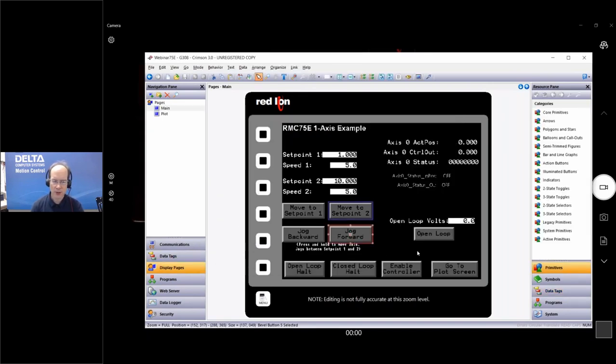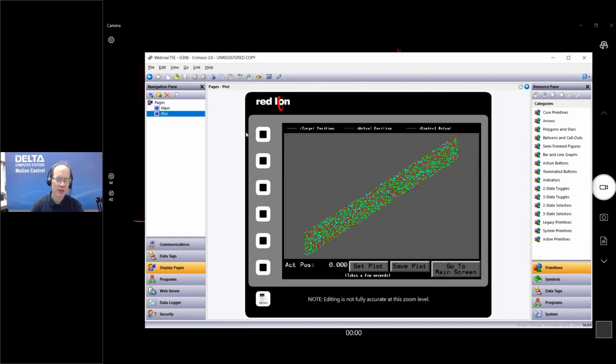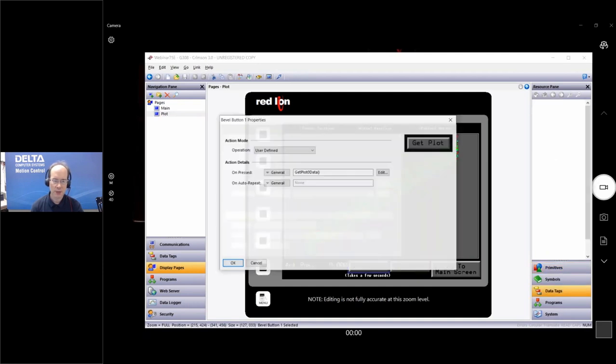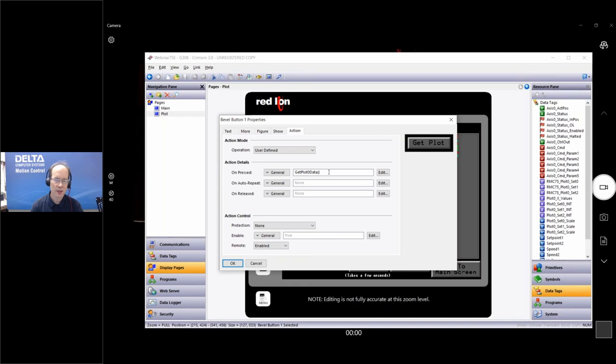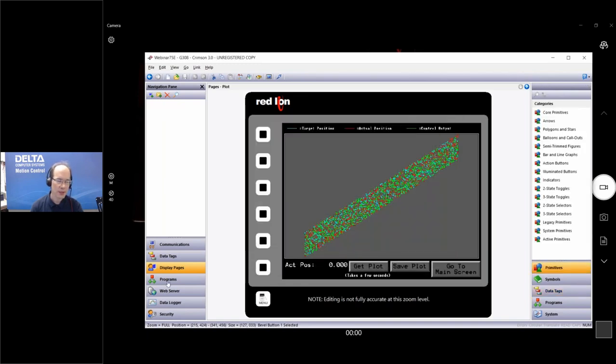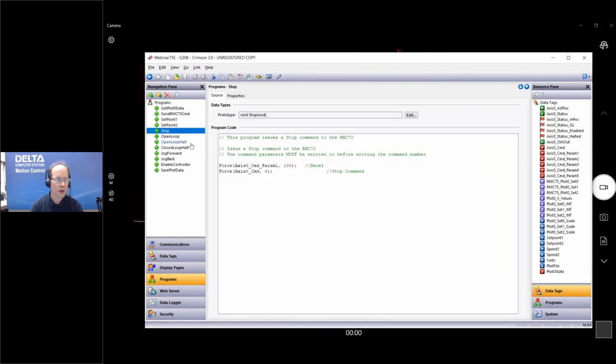Otherwise, we have normal functionality here. Got a button to go to the plot screen, and this RMC does support displaying plots of motion from the RMC. So we have a button, get plot. We can actually save that plot here. That's kind of cool. And the get plot button, if I double click it here and wait for the properties to come up, we should see what it does. So on the action, it just runs this program called get plot data. If we look at that program, we can see the get plot data,